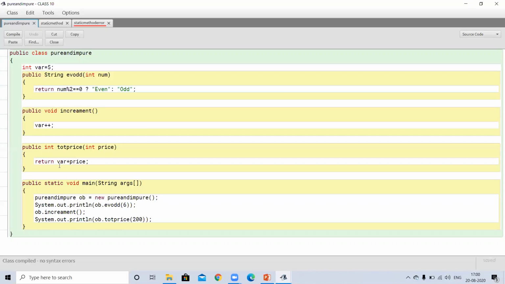What will it return? It will return var into price. So var into price, what is your variable? Variable var is 5 and price is 200. So 5 into 200, it should be 1000. But what happened? What did you get here?